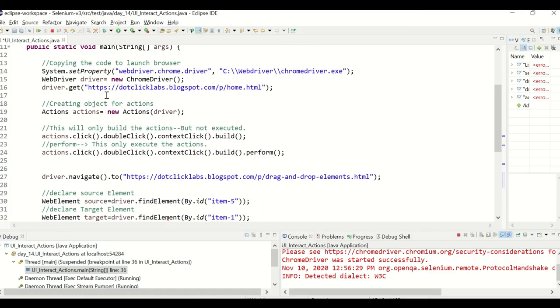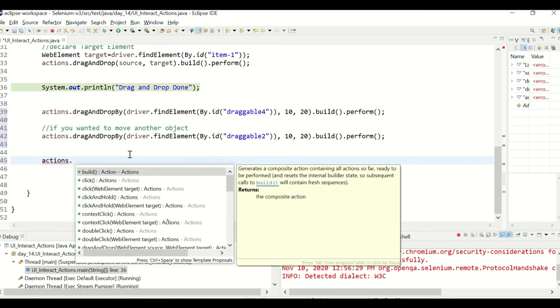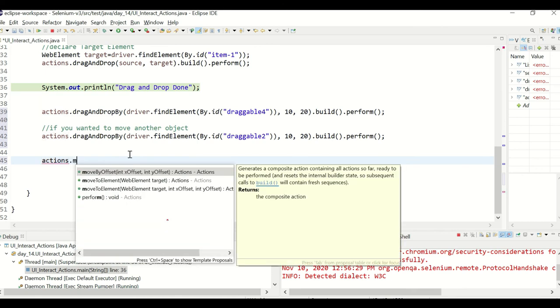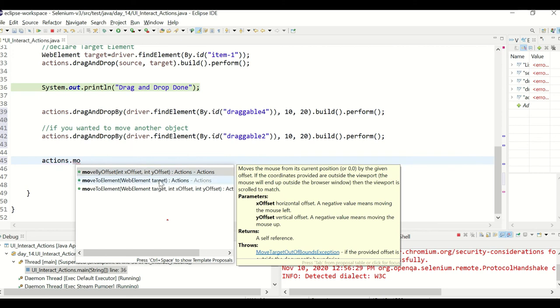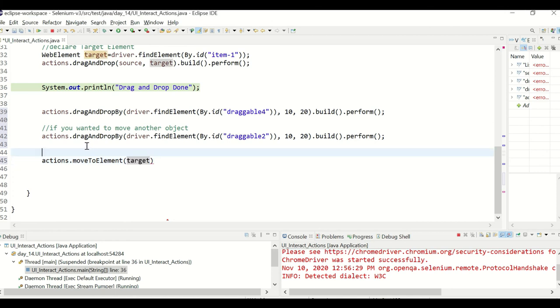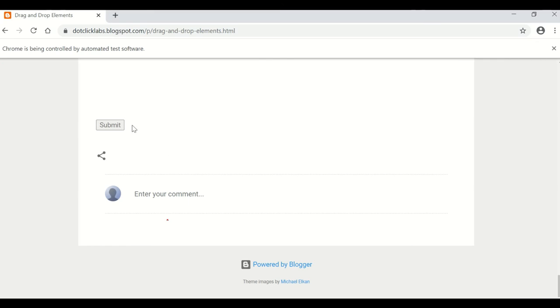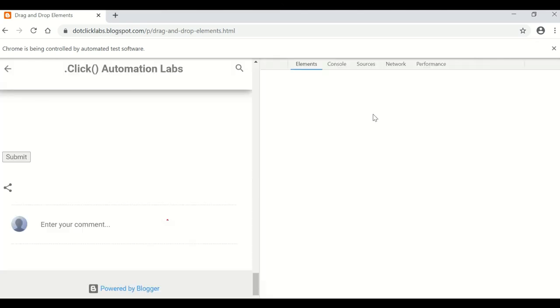Actions.moveToElement, and you need to give the web element path, meaning you need to define the target where to move. You can directly pass driver.findElement(By. you need to identify the object. What is the property name?